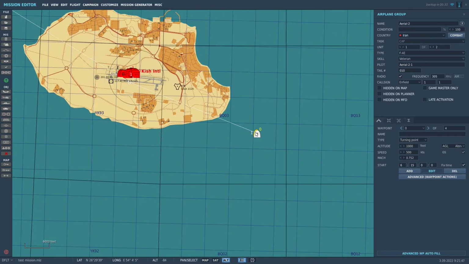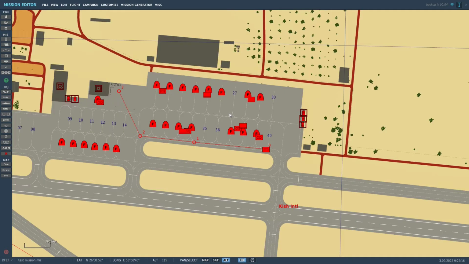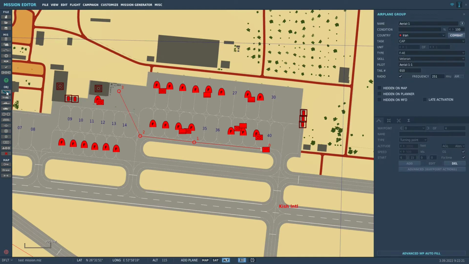And here I have added an airplane group that is going to fly at an altitude of 1000 feet at 500 knots over the airfield while we are starting up, just for the atmosphere's sake. So let's add our own flight. Let's go to add airplane group, and let's select, and of course we're choosing the F-14 Tomcat. Press here, and let's start up cold, so take off from ramp,